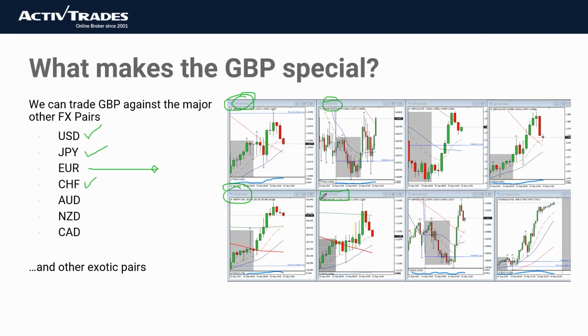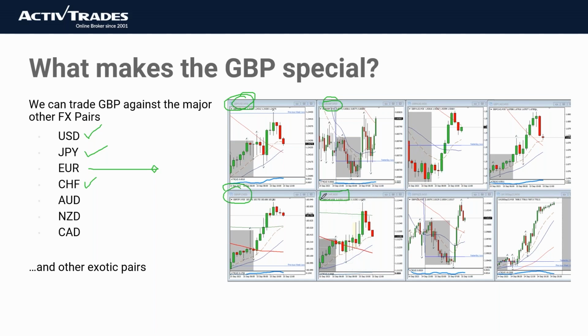And pound against Swiss can be traded on its own basis, quite simply. I remember what I was saying is that sterling is seen as a risk on asset, a risk on trade, whereas Swiss franc is normally seen as the risk off trade, and so that can be quite an